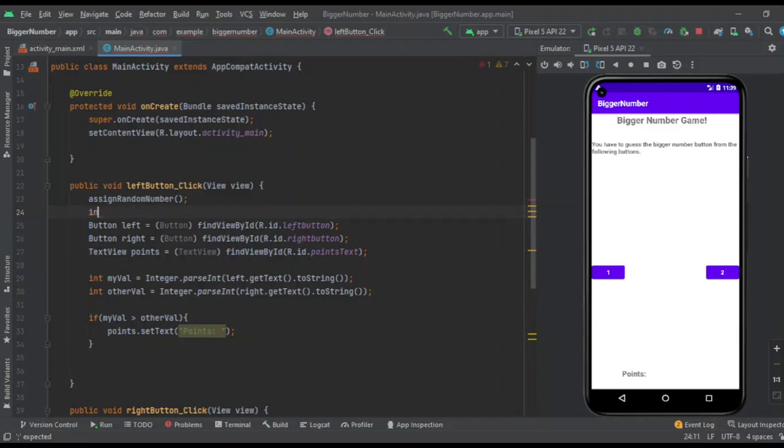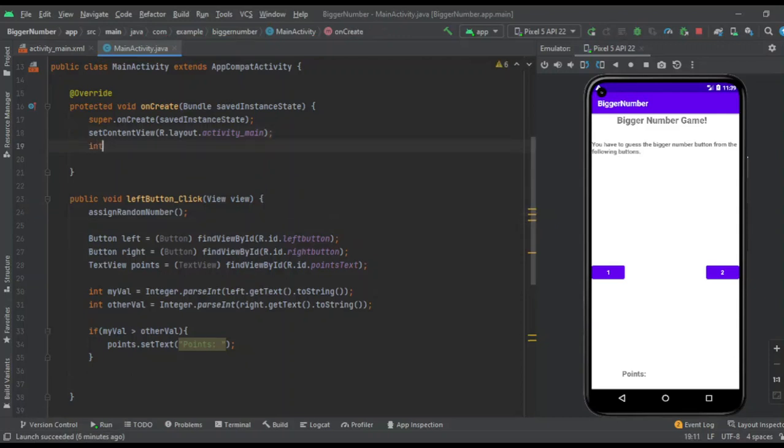Rather than writing it here, I have to make that in create, because I have to initialize the value to 0. If I assign the value here, as soon as I click the left button, total will become 0. So that is the reason I have to put it there. And now I have to use it. I also have to make it public, so that all the functions can access it. So points will become total